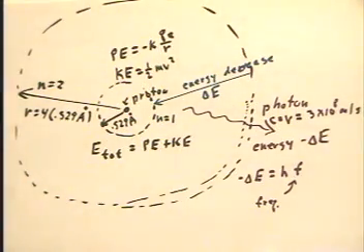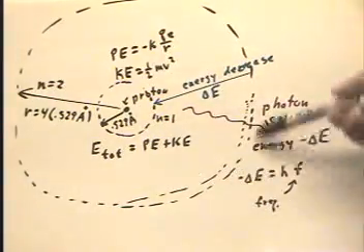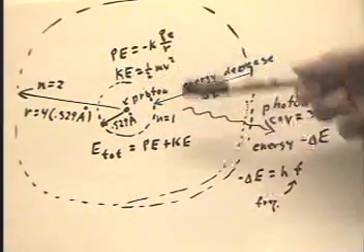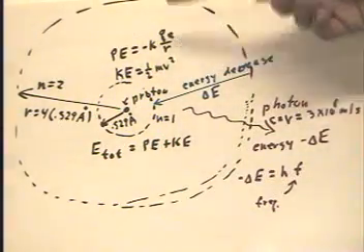As we'll see later, knowing V and R for a given orbit, we can easily calculate the potential energy. We know that the potential energy of a charge Q at distance R